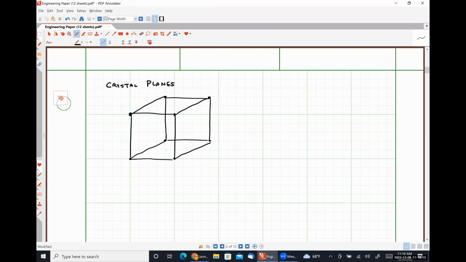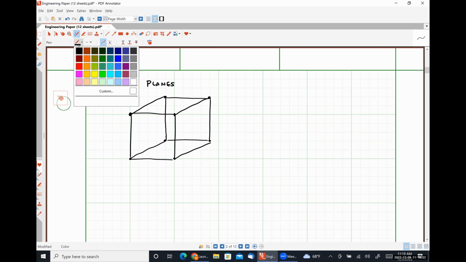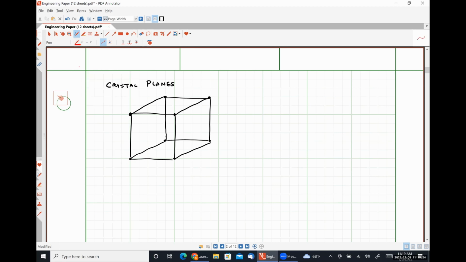So this simple cubic structure contains multiple families of planes, okay? For silicon, we're really going to concern ourselves with 3 specific families of planes, okay? So the first one that we're going to deal with